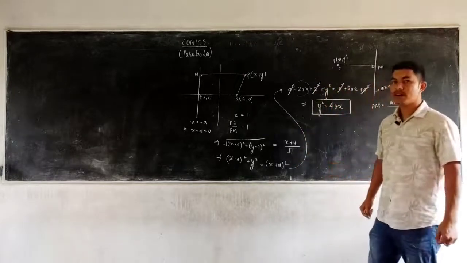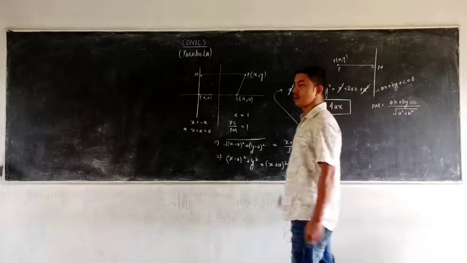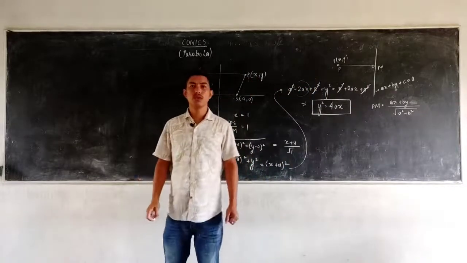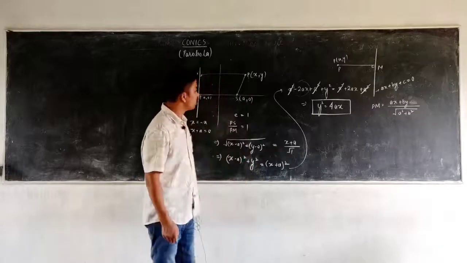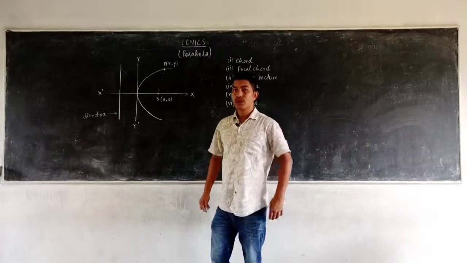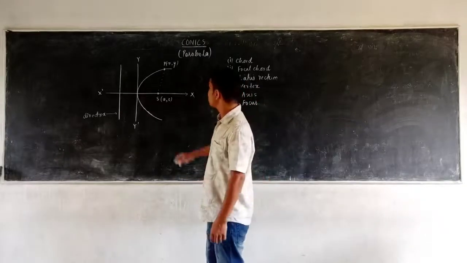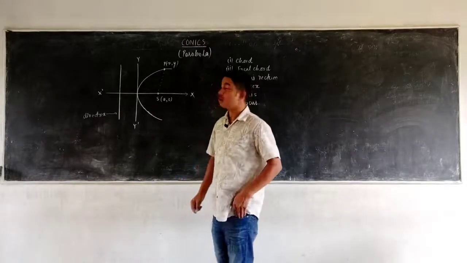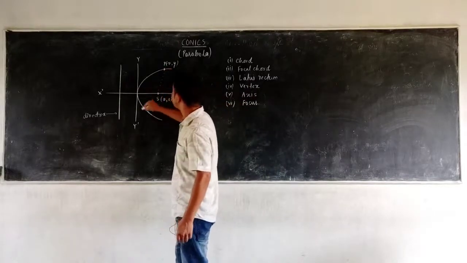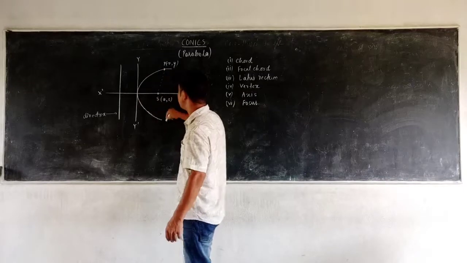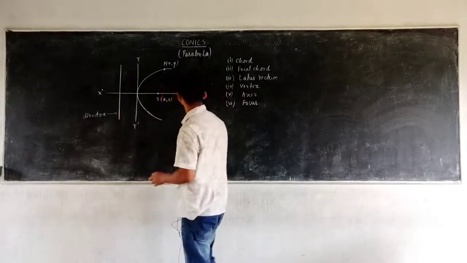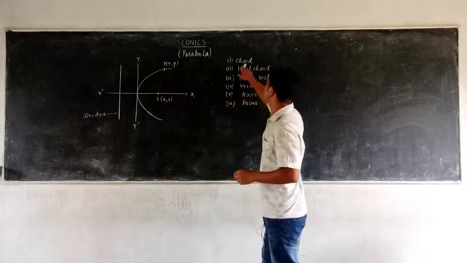So you must remember that the standard equation of the parabola will always be y square equals 4ax. Now we will be learning some of the definitions related to the parabola. As you can see, if you trace out the path of that moving point P, we get a figure or a conic of this shape. Okay, so this is the shape of the parabola, and a fixed line is known as the directrix. Okay, so now there are some terms, like first, a chord.